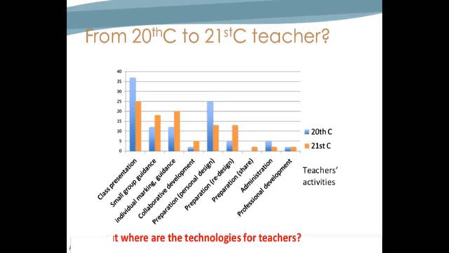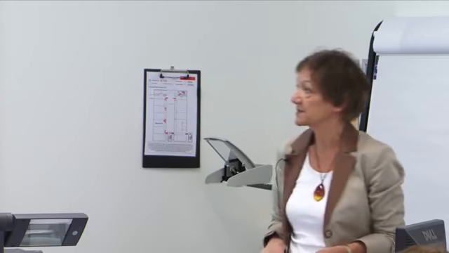So part of the remit of the world of educational technology is at least to understand the role of the teacher in all of this, and to understand how we help the teacher, because the teachers are getting very little help. A lot of stick, very little help. So it's a way of including them in the debate.